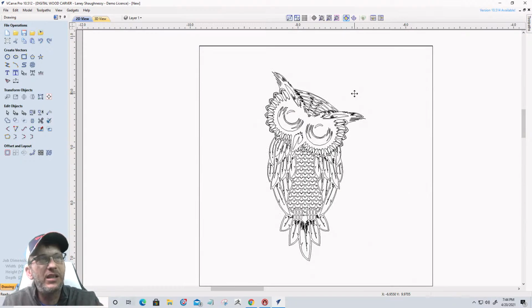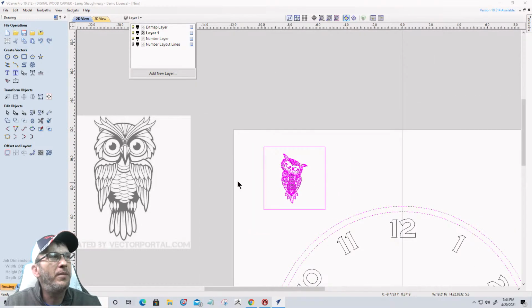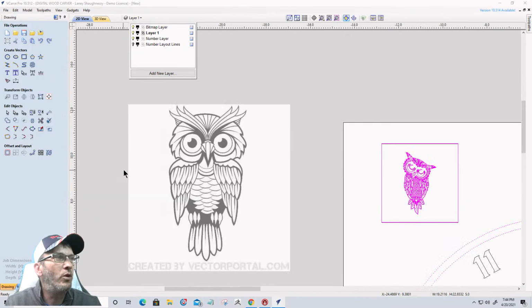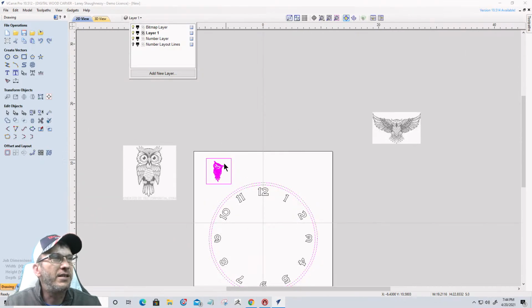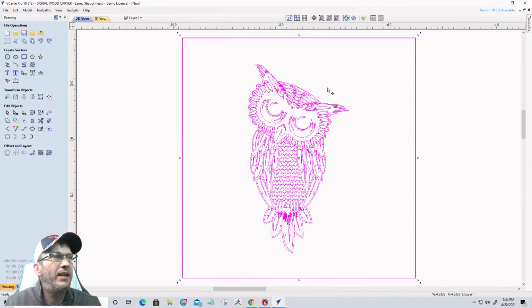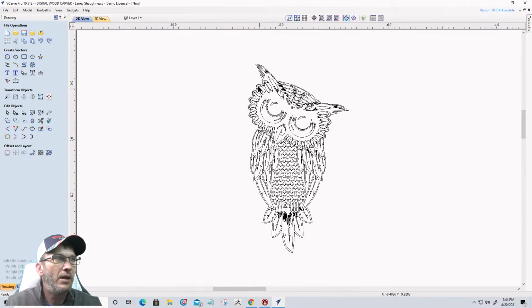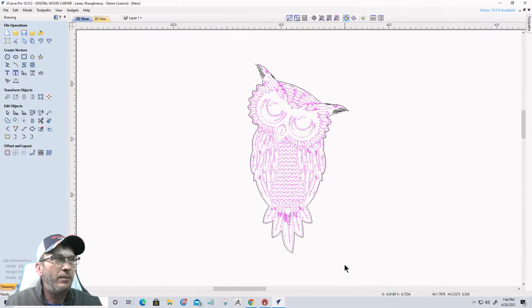All right, so I'm going to just delete the image. Normally, we would just come in here and turn the bitmap layer off. But I deleted the image because I'm going to leave the bitmap layer on, because I have these other two images. I might like one versus the other. Just some fun stuff. All right, let's go ahead and zoom back into him for a minute. First thing I'm going to do is ungroup this image, and I'm going to delete these vectors here, and I'm going to select here,